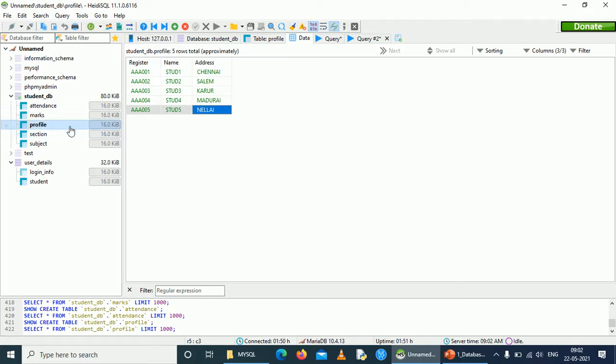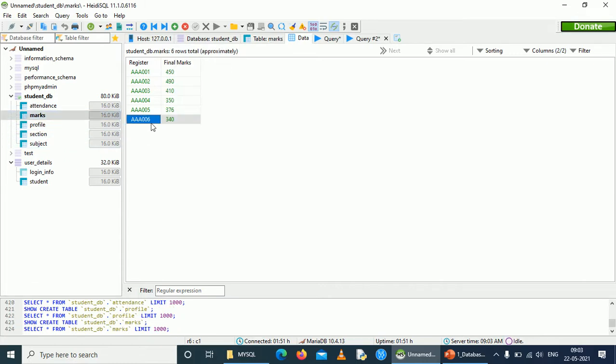But the profile table acts as a root for all the other tables, where all the tables' data is based on student register number, where student register number must be present here. So any data that is entered in the other table that is not present in this table is actually non-meaningful data. This will not make sense and this will not be displayed in any query. So this is an inefficient table, this must not happen.